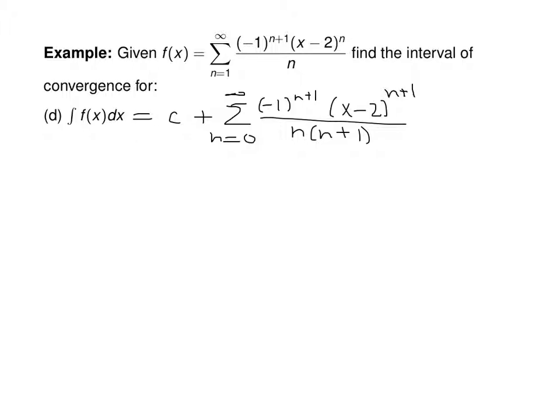The constant c isn't really important for determining convergence or divergence. We can just consider this part of the series when we're doing that. And I think actually the series has to still begin at 1 because that denominator is 0,